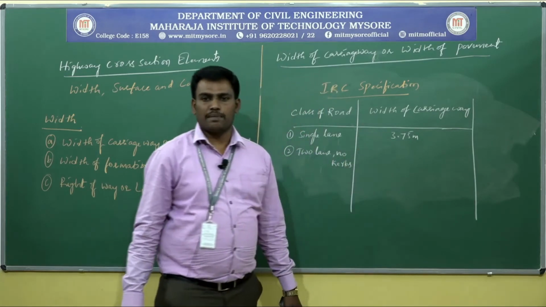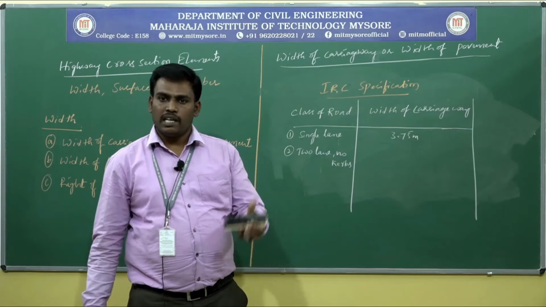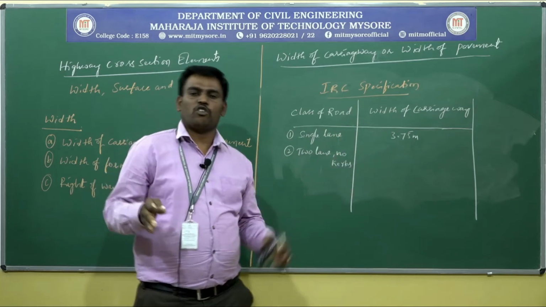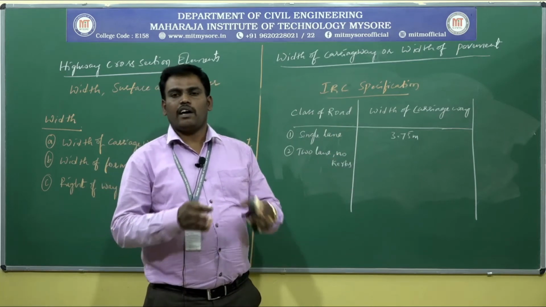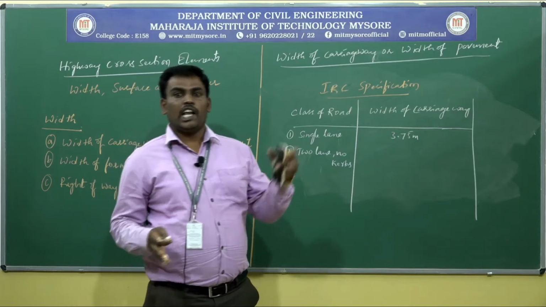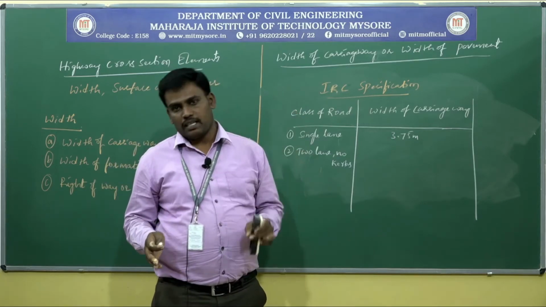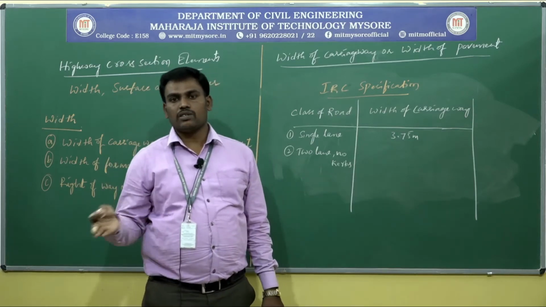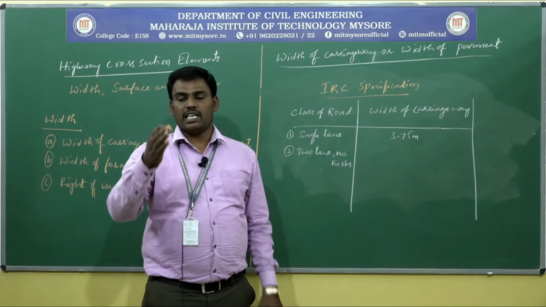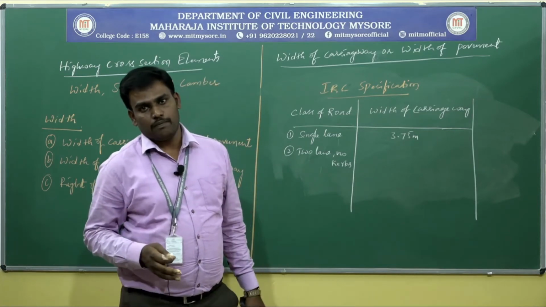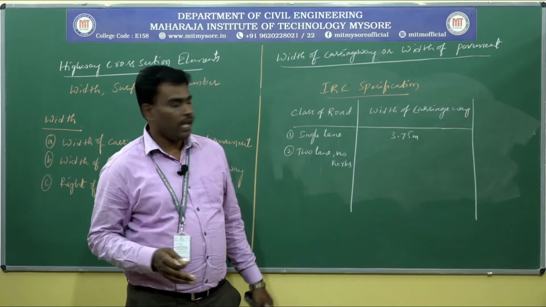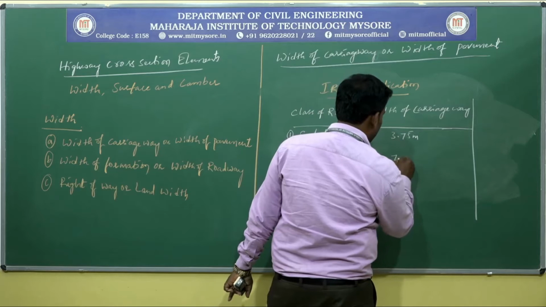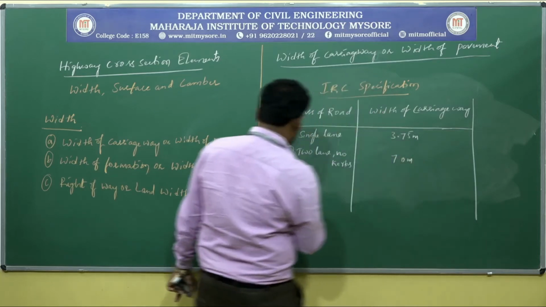You may see the curbs particularly in urban roads where the carriageway is differentiated from the footpath. Where they provide the footpath in urban roads, there you may see a raised path adjoining the carriageway. That stone edging raised path is the curb. If there is no curb in 2 lane, then the width of carriageway is about 7 meter. Okay, number 3,